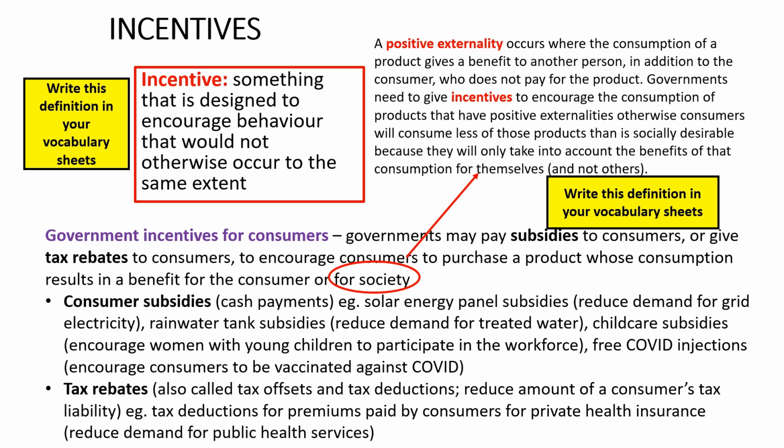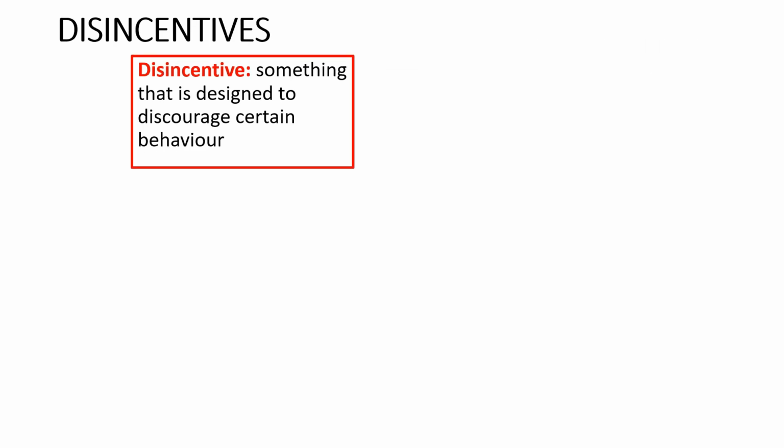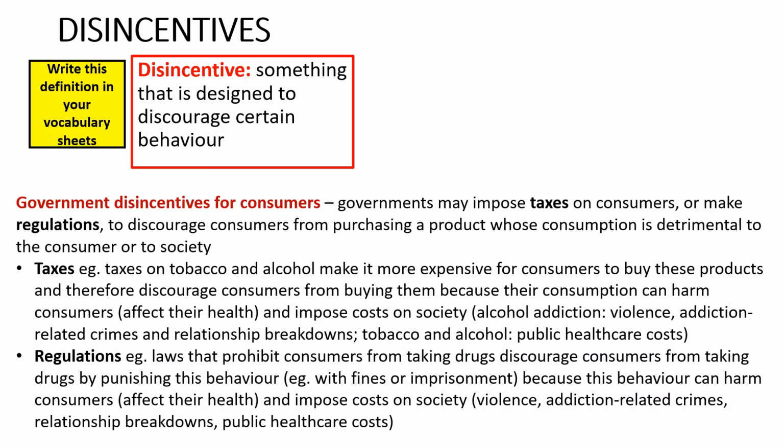Let's now look at disincentives. A disincentive is something that is designed to discourage certain behaviour. Look down the left-hand side of your vocabulary sheets, find the term disincentive and write this definition in there. Governments use disincentives to influence consumer decision-making by discouraging consumers from purchasing a product whose consumption is detrimental to the